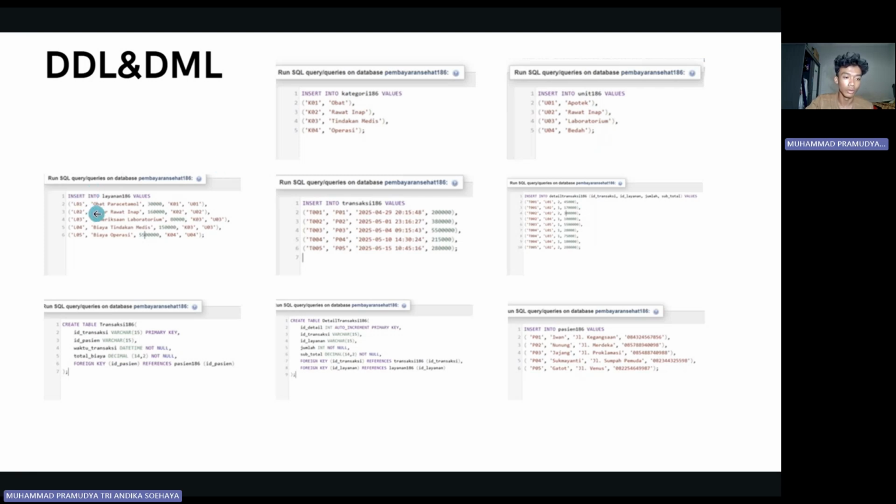And then we should insert the layanan, which contains layanan 01 with the price 3000, and then category 01, unit 01. And then we should insert the data into the transaction: transaction 001, patient 01, with date 2025/04/29 at 12:15:48, with the price is